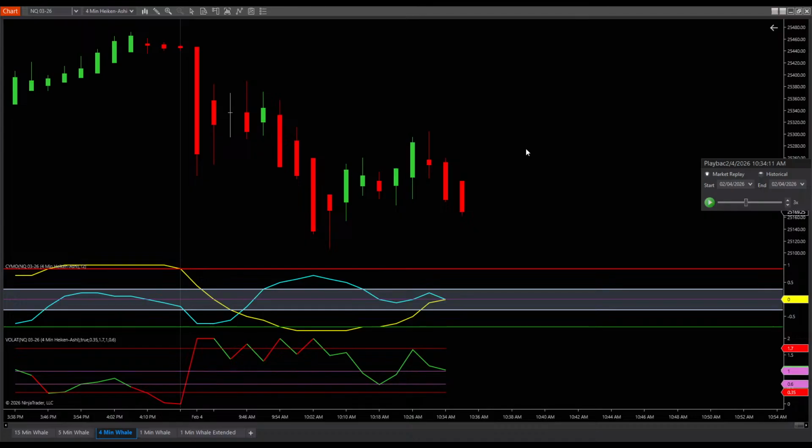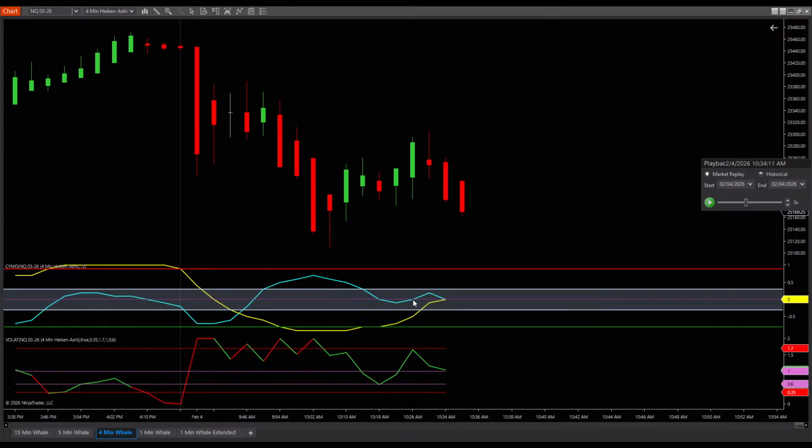I was asked earlier if I was concerned about momentum tilting up. The moment it starts tilting outside of the threshold right there, it's losing a lot of the power that momentum has, because now momentum is rising as price begins to go up. Right here you had the end of what appears to be cycle number 2 on the 4 minute time frame. This is the beginning of cycle 2, the end of cycle 2.